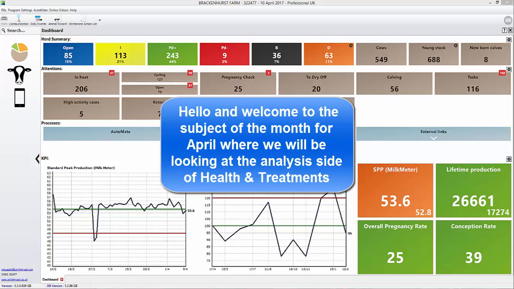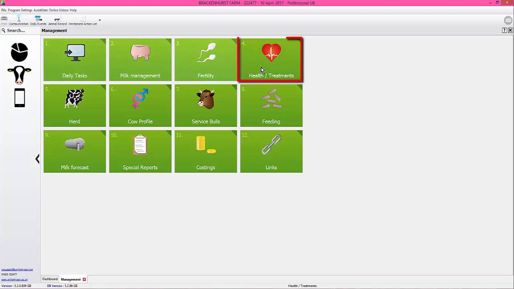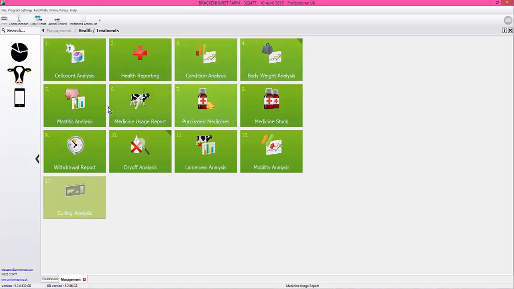Hello and welcome to this short movie where we're going to take a look at health and treatments, but this month we're going to look more on the analysis side. How can I break down the cases of mastitis? Okay, if we go to the cow's head, we select health and treatments, you'll see that we have a specific